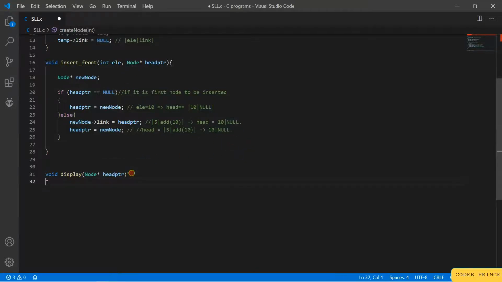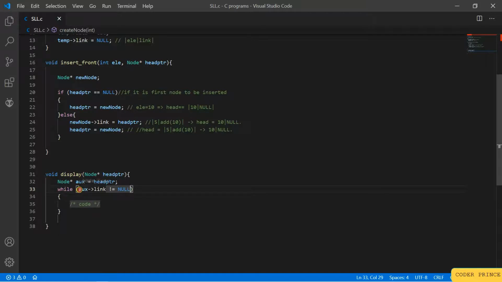So for that we will store the address of the head in a new variable. We do this because we don't want the head pointer to change its value. Once it is changed, we will lose the previous nodes, right? So in that case, we'll create an auxiliary variable that will point to the head pointer. Now we will change this auxiliary variable. So while aux_link is not null, so we can write not equal to null.